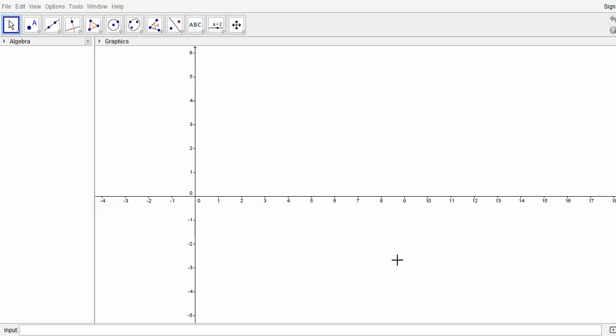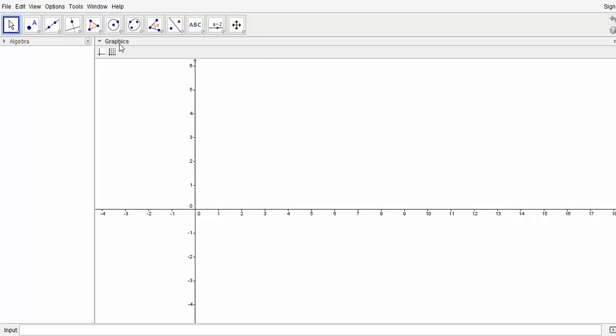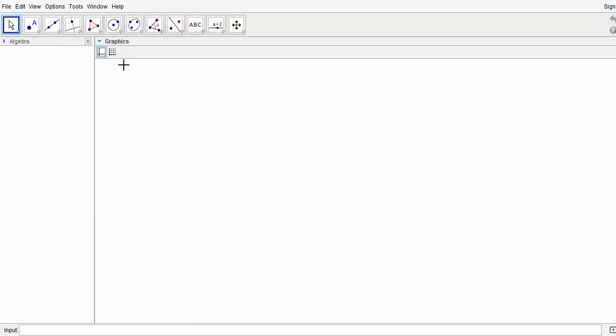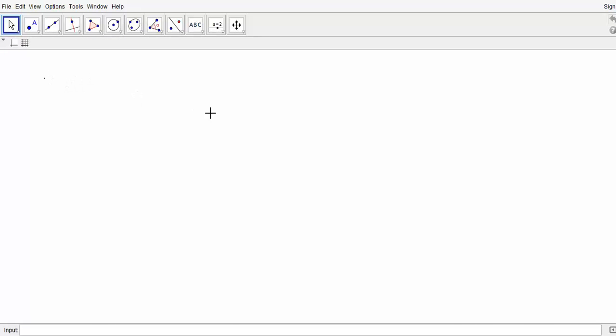This is a video to show how to do rotations, reflections and enlargements using Geogebra. If you see on this graph page, there's an arrow next to the graphics word, and I can just take off the axes because we're not going to need it, because we're doing rotations, reflections and enlargements. The algebra page we're not going to really need either for now. The algebra page is really useful for seeing the constructions, how you made them, but I think the video should